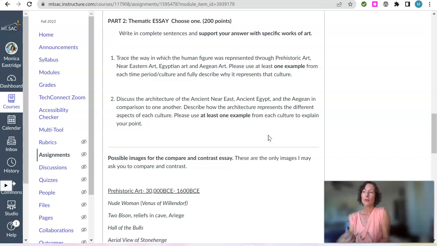I hope that helps free you up to not worry so much about the craft of writing with big intro and conclusion paragraphs. But of course, good writing does usually have a little bit of an intro and a little bit of a summing up. So don't forget those entirely.